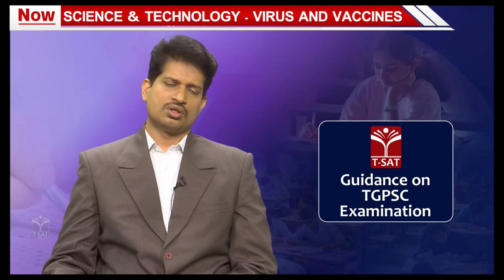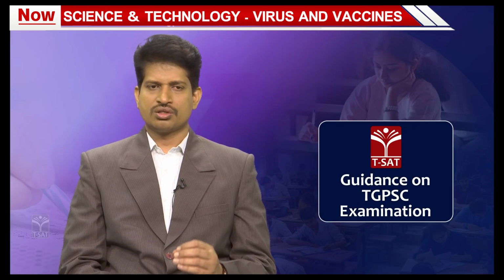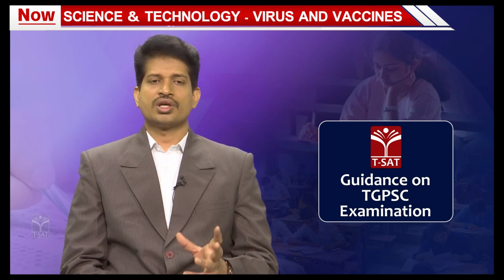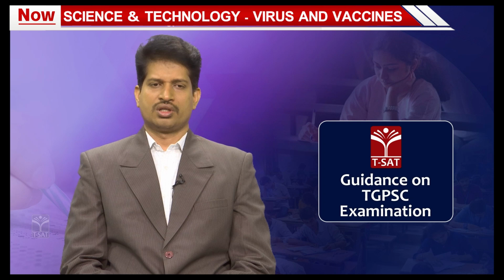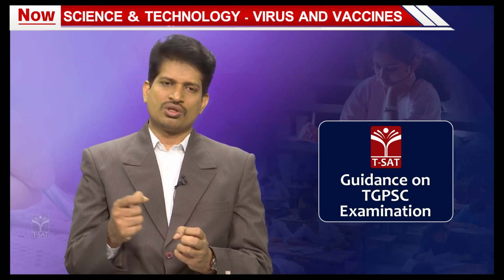So here in this process, we need to know what a vaccine is. A vaccine is a substance used to stimulate the production of antibodies and provide immunity against one or several diseases. So what do you mean by this? A substance to stimulate the production of antibodies. So what are antibodies here? Antibodies are cells or molecules produced by lymphocytes. A lymphocyte is a variant of the immune system, which produces a temporary cell against a specific pathogen like a virus which has entered